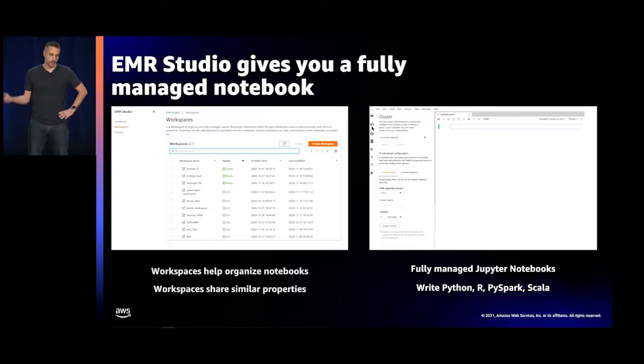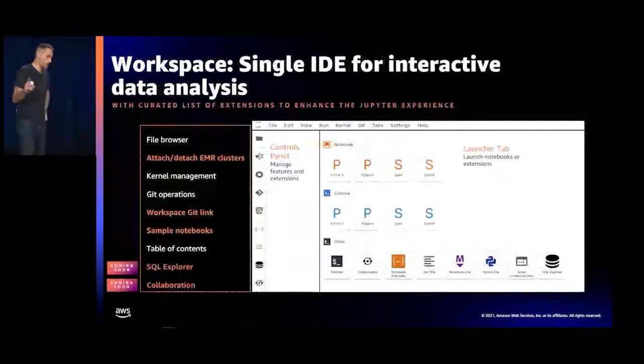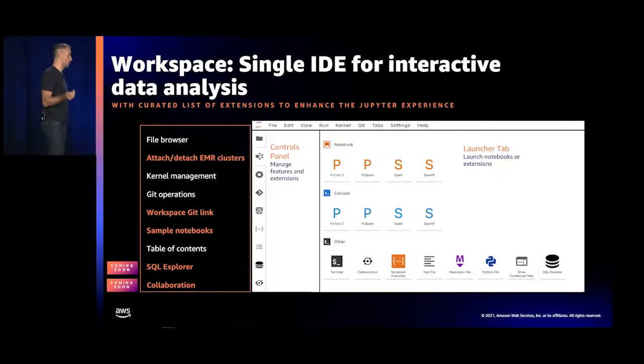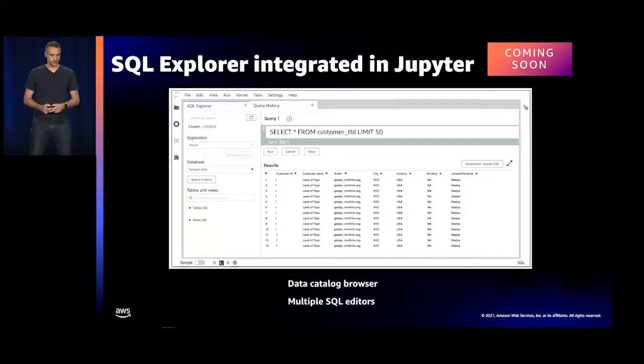And they can write Python code, R code, or PySpark, or Scala code. But the interface goes beyond the standard Jupyter notebook experience. We are adding a list of curated extensions that really provide all these features available in this single interface. I will go through the details later.